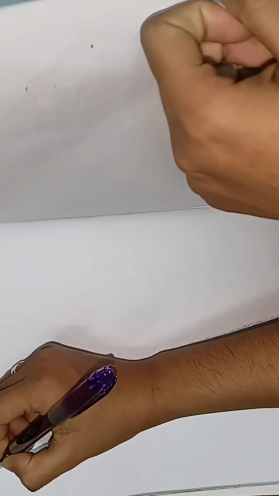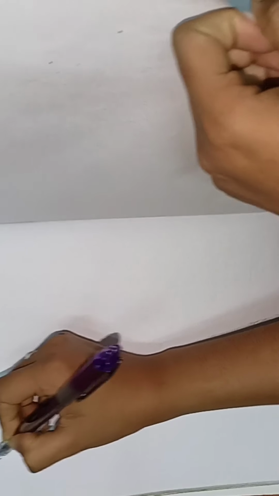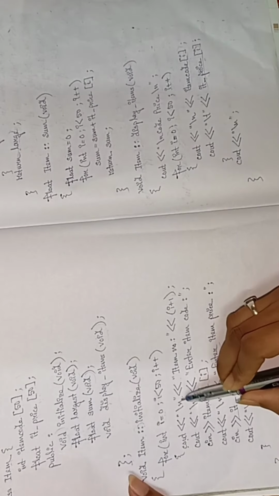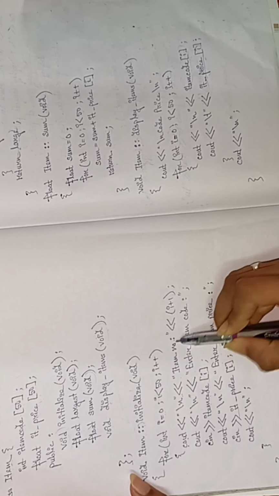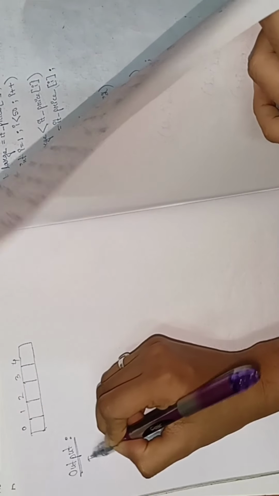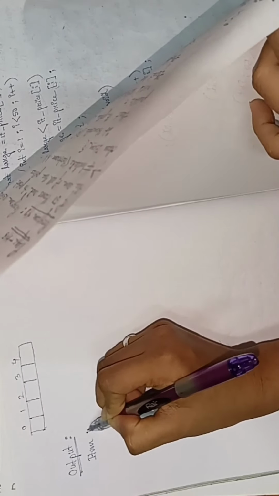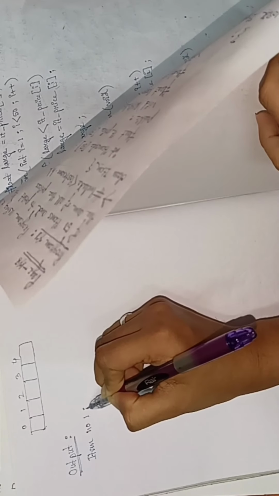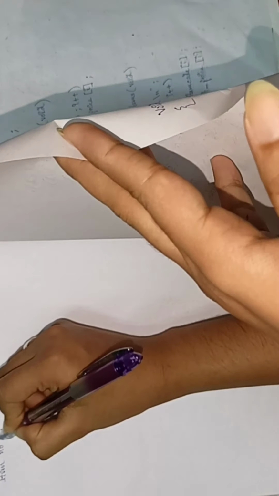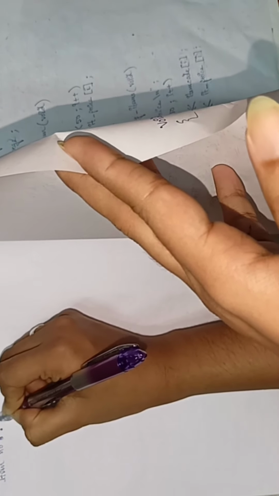Now I am showing you the output. This is my output screen. Consider this as the output screen. So first what it will display, \n means next line, item number I plus 1. I is 0, I plus 1 means 1. So it will display item number 1. Okay, it will display like this. Then it is getting colon, then 1.